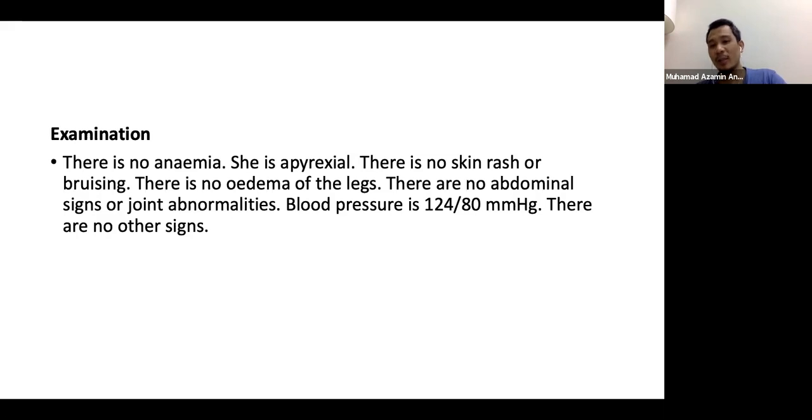However, there's one thing that you probably forgot to ask. Any signs of bleeding disorders? Any question of bleeding disorders you want to ask? Like ITP, hemophilia, or any rare kind of bleeding disorders you probably want to ask as well. Because sometimes if you have hemophilia, you can have hematuria. Okay, so there's no edema, so you can't really think of nephrotic syndrome. There's no abdominal pain, there are no masses, so you are ruling out stone, or any tumors such as Wilms tumor, and there's no joint abnormalities. Basically, just to say that this is not really HSP.